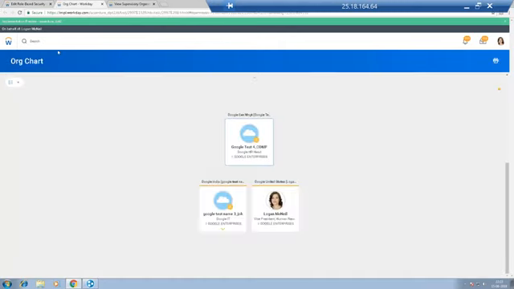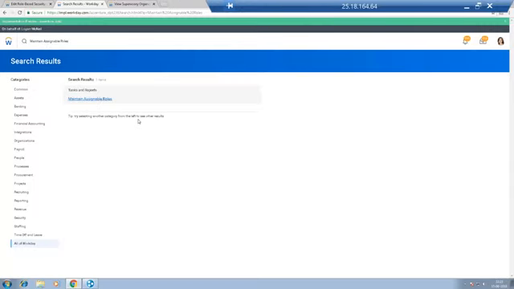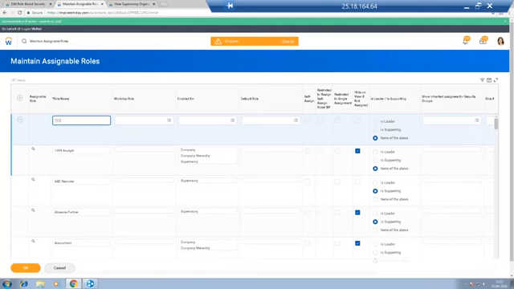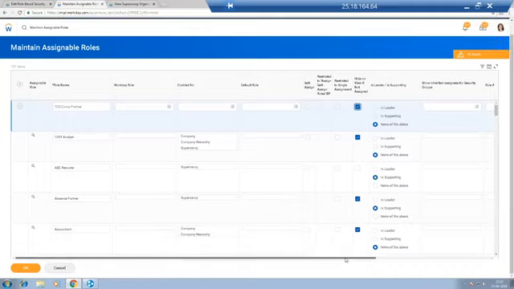So how you do that? Go back to your maintain assignable roles. And then you can create your own assignable role as well. So you can create a new one. I'll say TCS. I think yesterday also I showed you this regarding the project controller. So I'll say TCS comp partner. So once you give the right name, come back here, you have to just check this checkbox, hide on view if not assigned. So after checking this,